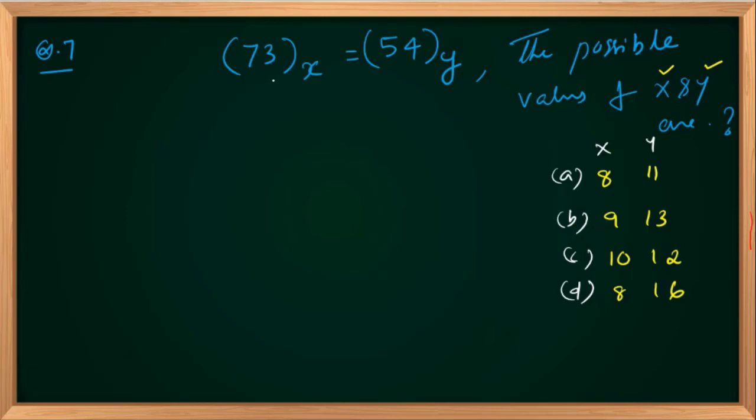So we should convert, because they are in different bases, into decimal equivalent or any other base equivalent. So it's better to convert into decimal. So this is 7 times x plus 3 times x power 0, that is 3 decimal, equal to 5y plus 4 times 5 power 0, that is 4 itself. Then rearranging, 7x minus 5y minus 1 equal to 0, or 7x minus 5y equal to 1. So that is satisfied for